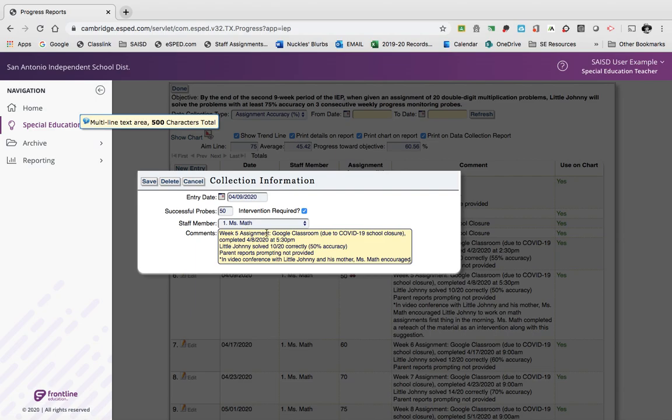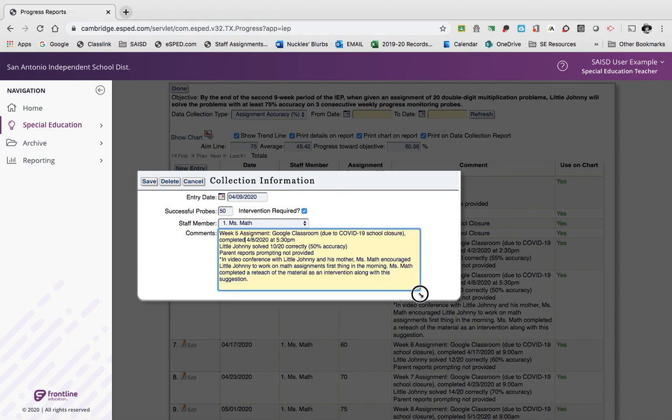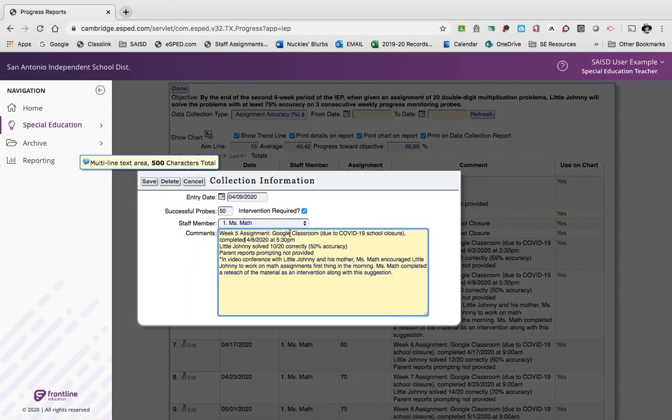So I'm going to include the week 5 assignment just as I would have, my location and time, the Google Classroom due to COVID-19 school closure, and it was turned in by little Johnny on Google Classroom 4/8 at 5:30 p.m. Notice he's done these assignments at home in the afternoons. Little Johnny solved half of the problems correctly. The parent reports that prompting was not provided. But let's look at how I'm addressing the fact that there has been some slippage in his attainment of this objective. In a video conference with little Johnny and his mother, Miss Math encouraged little Johnny to work on math